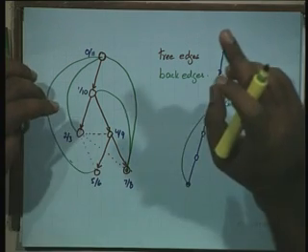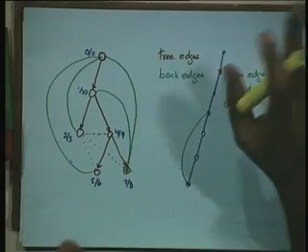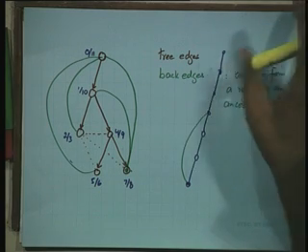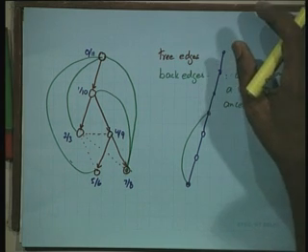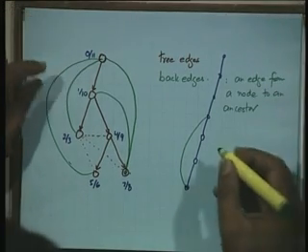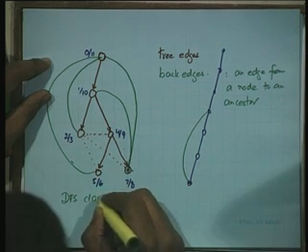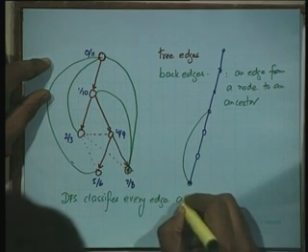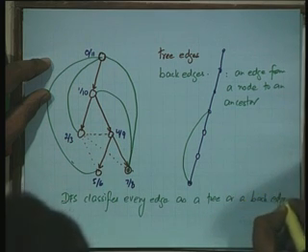After you do a depth first search, you end up dividing the set of edges into two classes, tree edges and back edges, and there is no other edge. Every edge gets classified either as a tree edge or as a back edge. Let me write this down. DFS classifies every edge as a tree or a back edge.